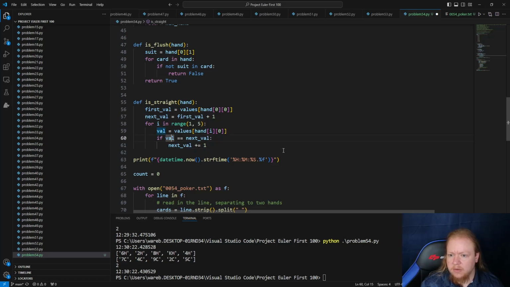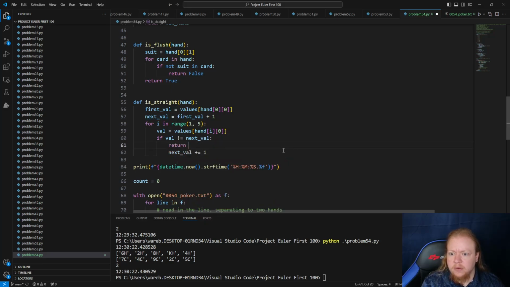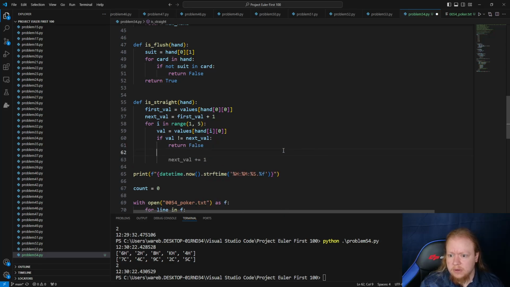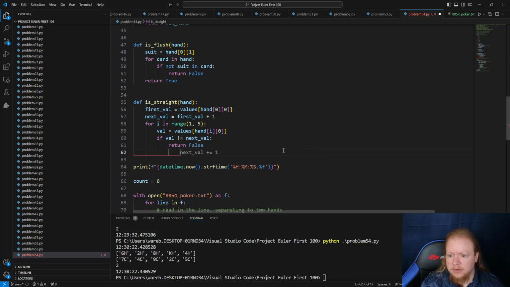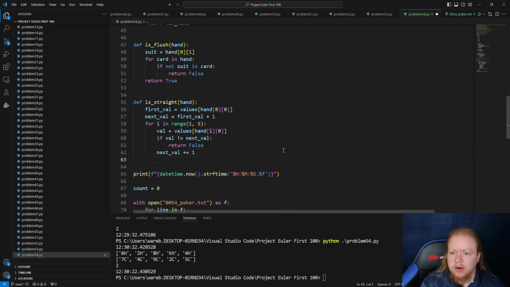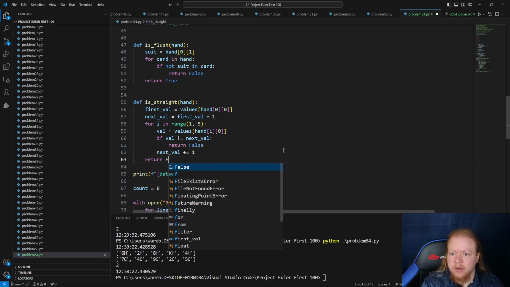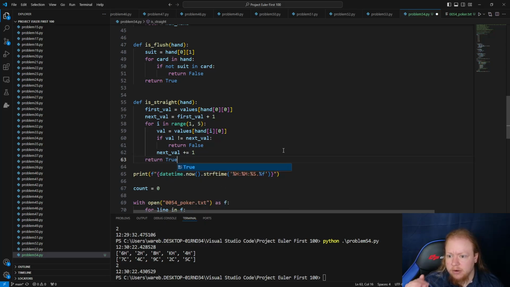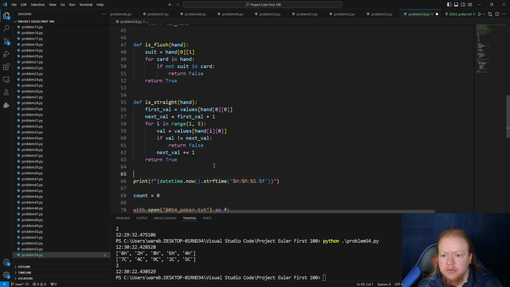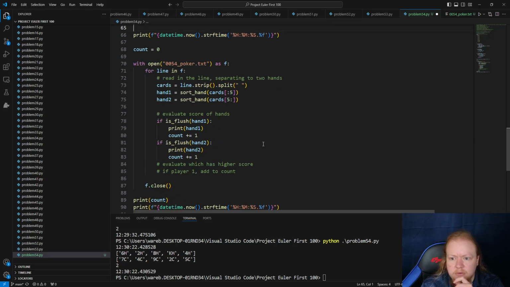Alright, let's do it this way. If val not equal next val, return false, and then otherwise next val plus equals 1, and if we get all the way through and have not hit our if condition, then we are dealing with a straight. Okay, so